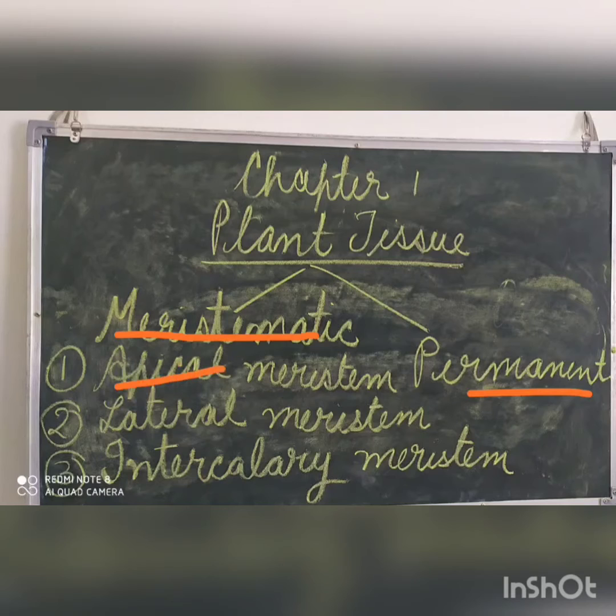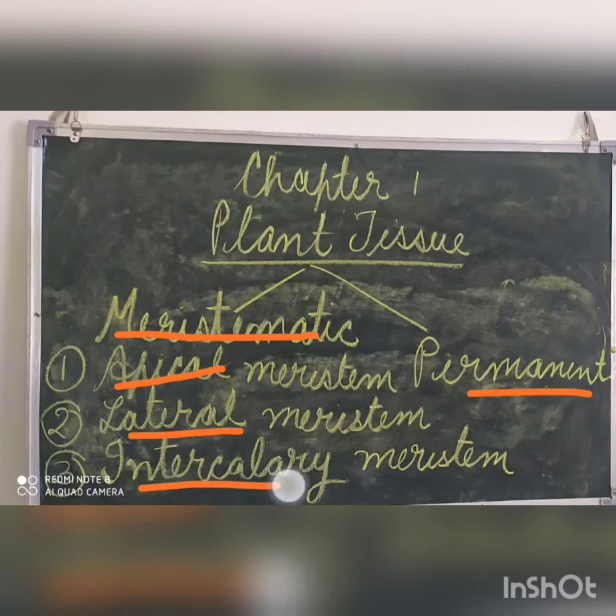Apical meristem: it is found at the tips of shoot and the roots. It brings about elongation of stem and root. The lateral meristem: it is found beneath the bark and the side portions of the shoot and root. The function of the lateral meristem is to increase the diameter of the plant organs. That means you can say it increases the width of the plant organs.